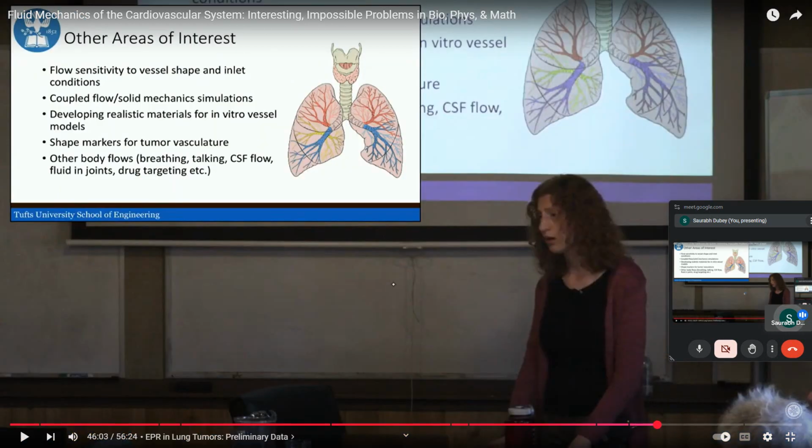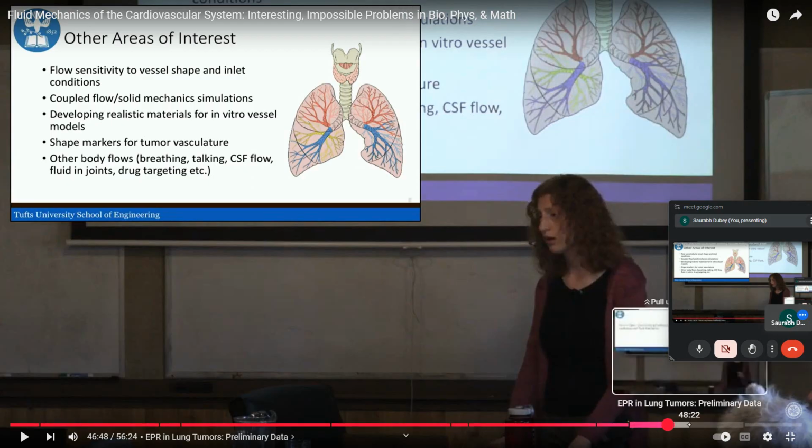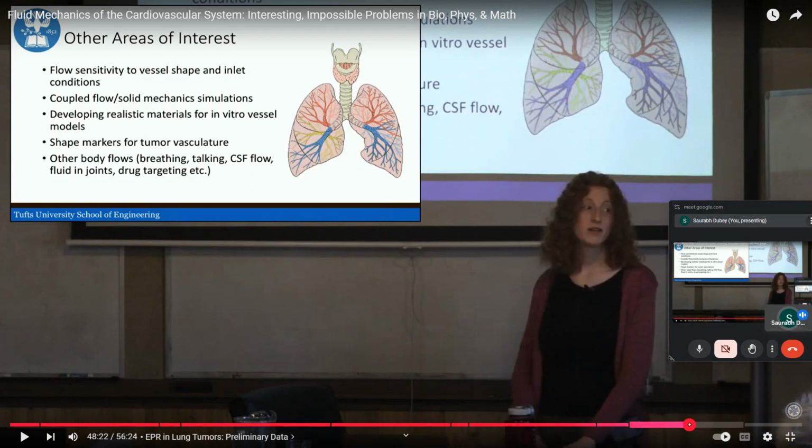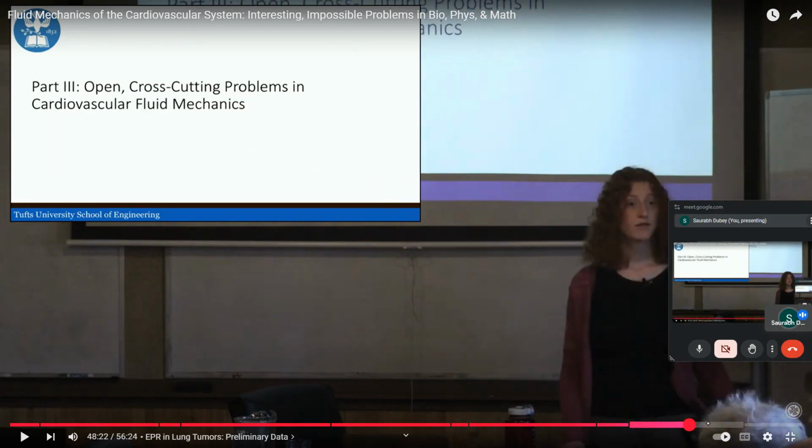Another area of interest is flow sensitivity to vessel shape and inlet conditions, coupled flow and solid mechanics simulation, and shape markers for the tumor vasculature. Other body flows include breathing, CSF flow, fluid in the joints, and drug targeting. These are some of the motivations that come out of this course. This entire course